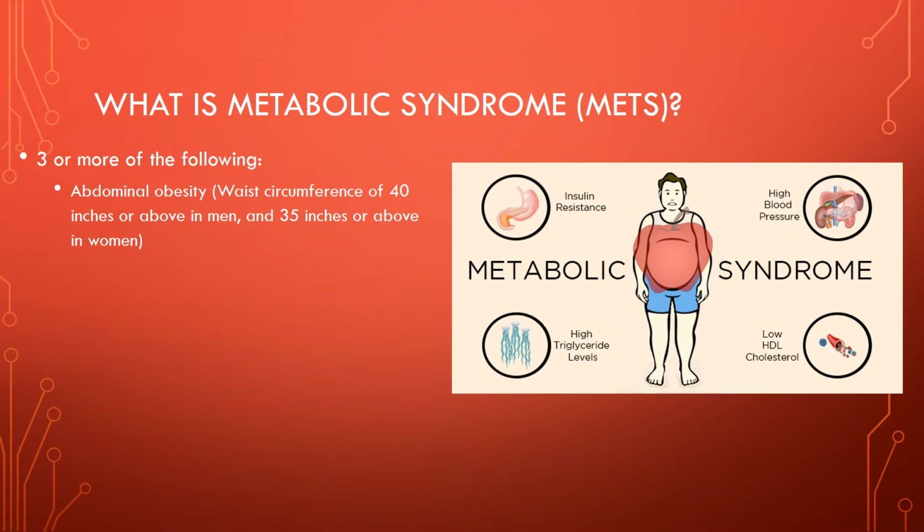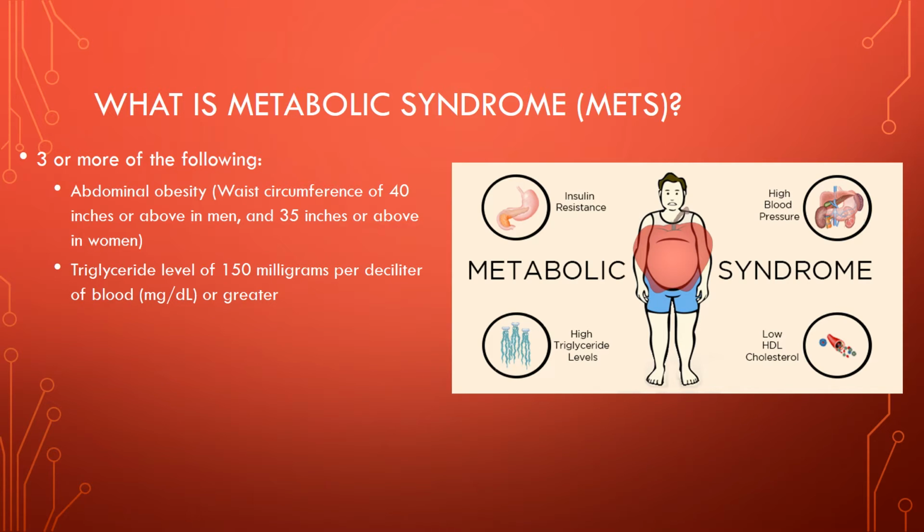Next, I want to talk about the metabolic syndrome, which is very closely related to diabetes, but it's a little bit more encompassing of other conditions that are associated. So to be diagnosed with metabolic syndrome, you have to have 3 or more of the following characteristics. So the first is abdominal obesity, meaning excess fat carried in the abdominal region. This is assessed by waist circumference, the distance around the waist of 40 inches or more in men or 35 inches or more in women.